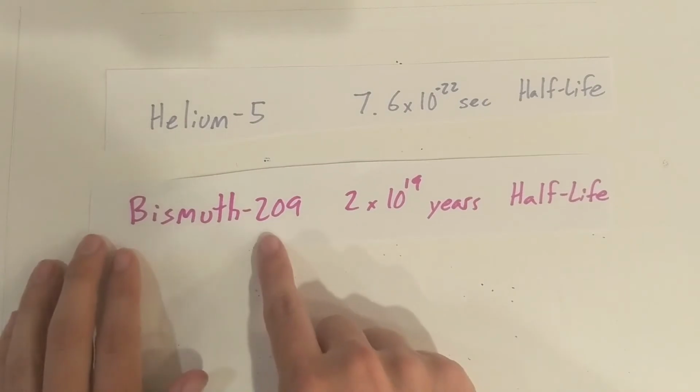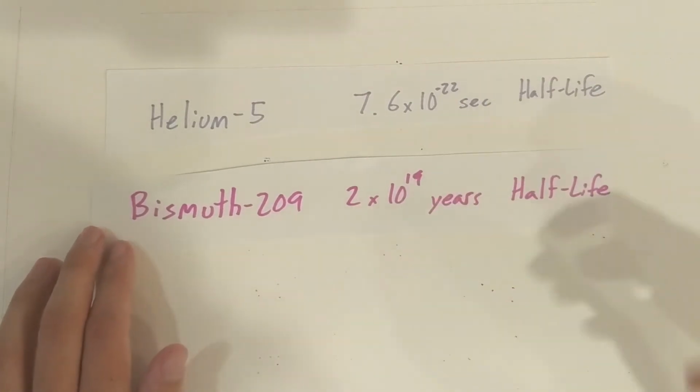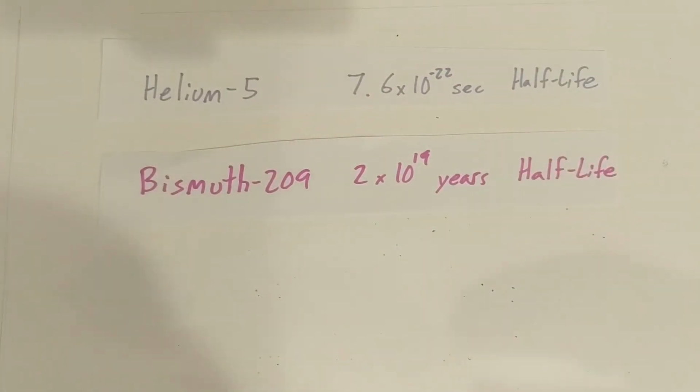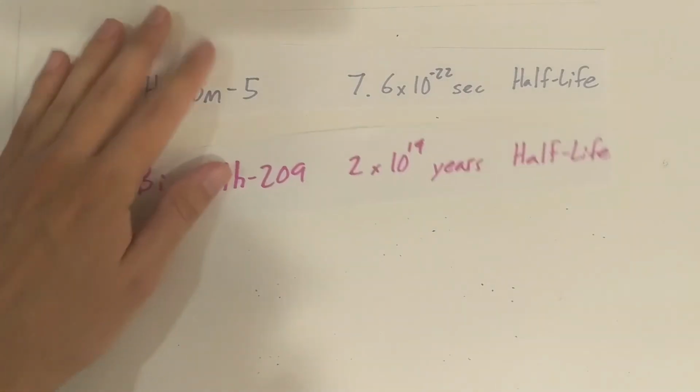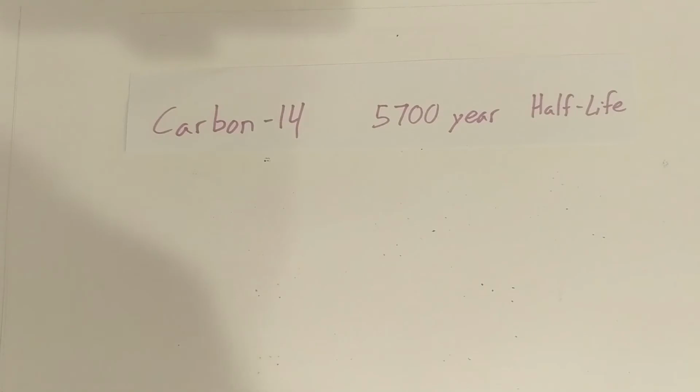Whereas bismuth-209 has a half-life of 2 times 10 to the 19 years, which is the isotope with the longest half-life. And isotopes can have half-lives ranging anywhere in between that, from seconds to minutes, hours, days, tens of years, hundreds, thousands, millions, billions, so any range in between there. So if we take a look at a common one we're going to see in this class, the isotope carbon-14, that has a half-life of